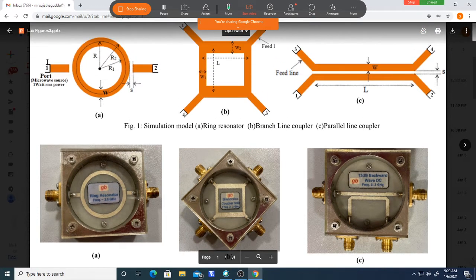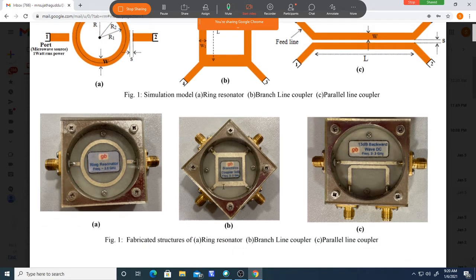Now we will see what the source is. We should feed the signal. In the simulation tool, ports are easily available; we simply drag and drop them. But practically it is not like that. It is very difficult, tough to get a source. It is not easy to get the source.